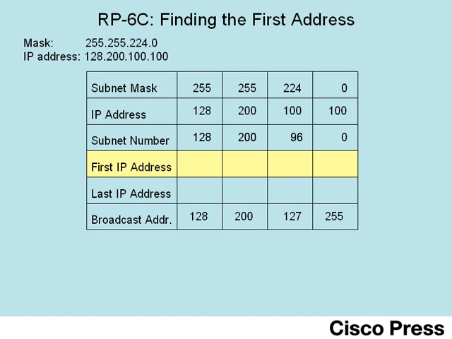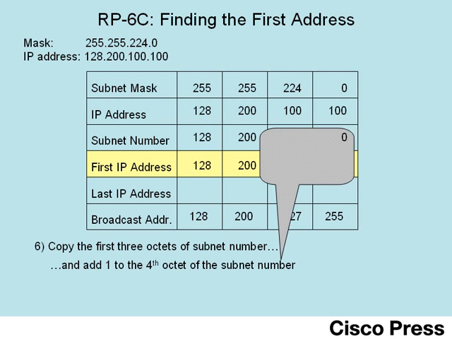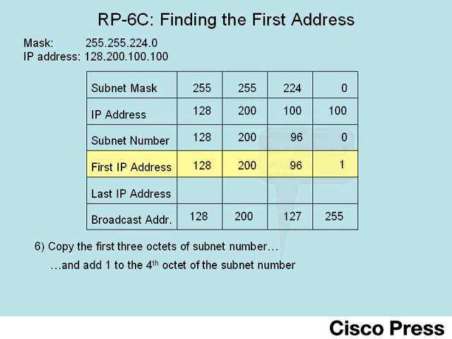Next, for completeness, I'll show the very simple math about how to find the first IP address and last IP address in the range of valid addresses. Step 6 of this process says to find the first IP address in the range of valid addresses, start by copying the first 3 octets of the subnet number. Doesn't matter where the rectangle is, just copy the first 3 octets, and then add 1 to the 4th octet of the subnet number. So as you see here, you take 0 plus 1, of course, is 1, giving us a first valid IP address of